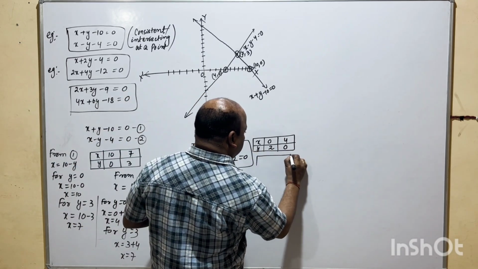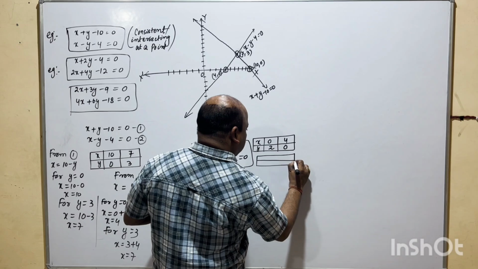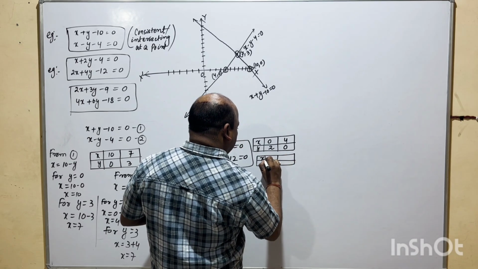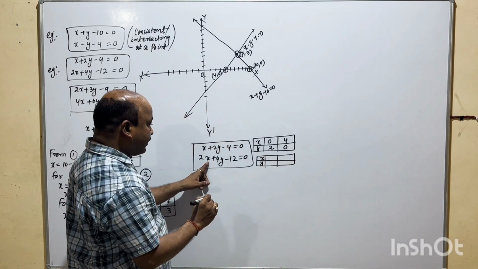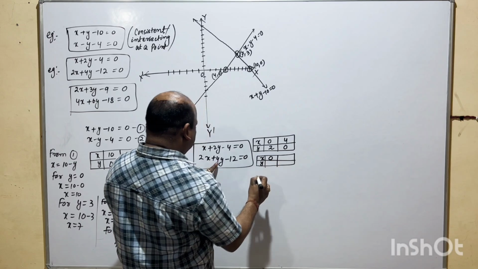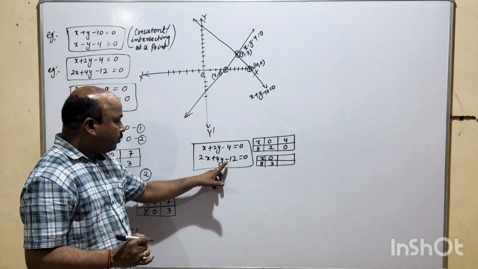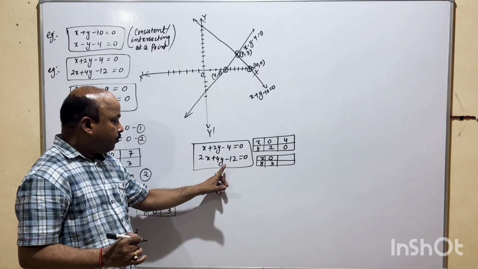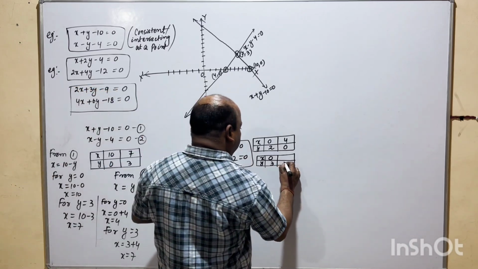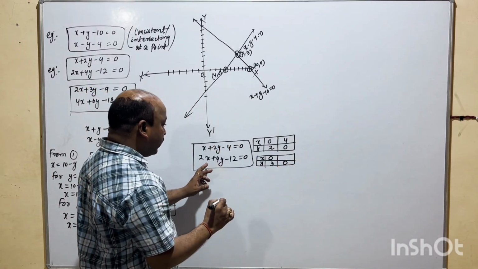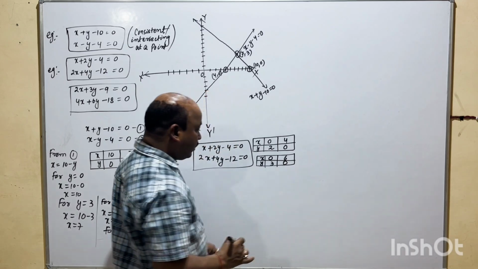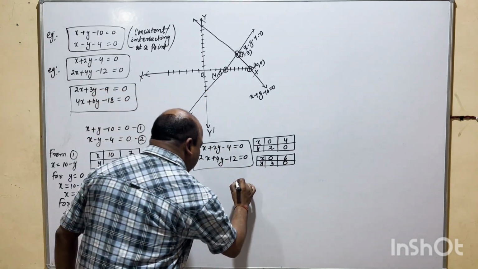Now come to the second one. For x equal to 0, what is y here? 3. x is 0, 4y is equal to 12, y is equal to 3. And for y is equal to 0, x is equal to 6. Okay. Now I am going to represent this